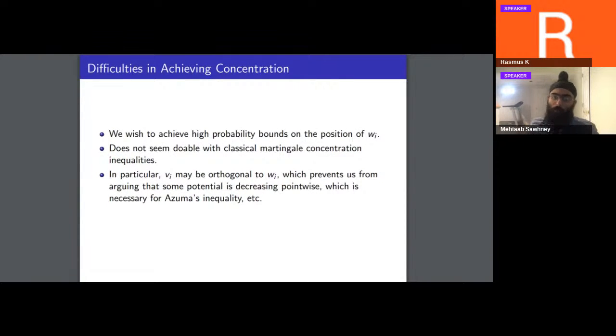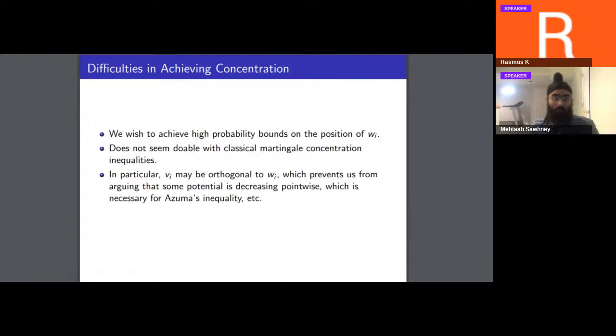And there's a couple of reasons this is pretty tricky based on classical martingale concentration techniques. The reason is, given your algorithm, it seems impossible to guarantee that your next vector vi will for sure not be orthogonal to your current partial sum. And in the case that the next vector you see is orthogonal to your current partial sum,